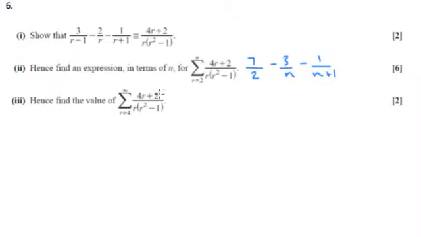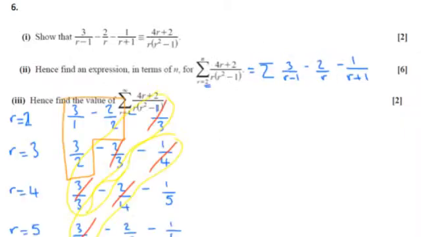Okay, there's a couple of different ways you can do part 3. We're looking now for the sum from r equals 4 to infinity. So even though here we've got the sum from 2 to infinity, if you remember, this 7 over 2 term came from, if I go back to the previous question,